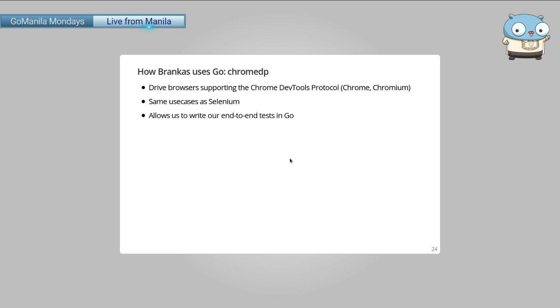We do some interesting things with Kubernetes in our code. We manipulate Kubernetes resources programmatically. And since Kubernetes is written in Go, the Go API is very, very nice, very easy to use. So it's easy to integrate with Kubernetes from our code base.